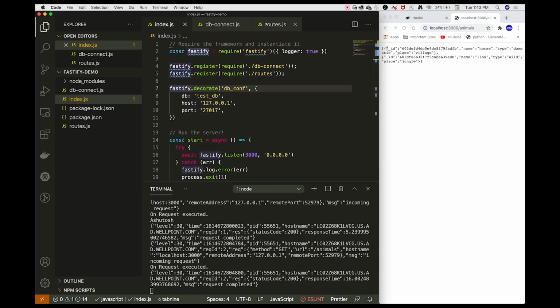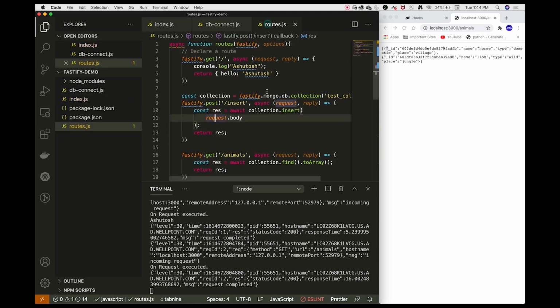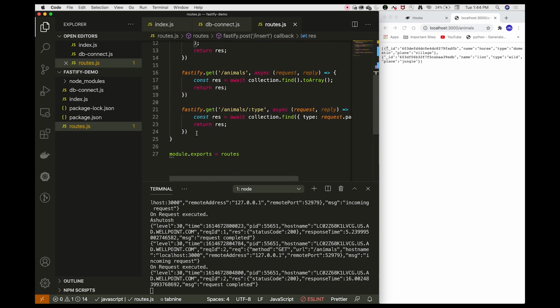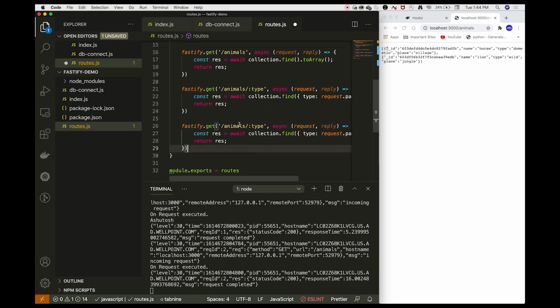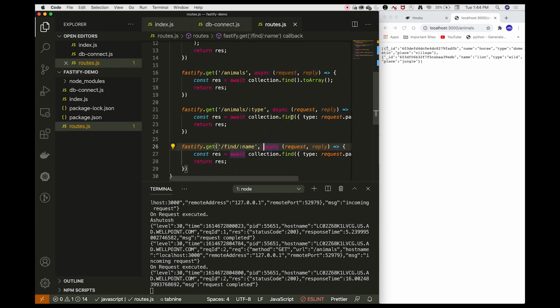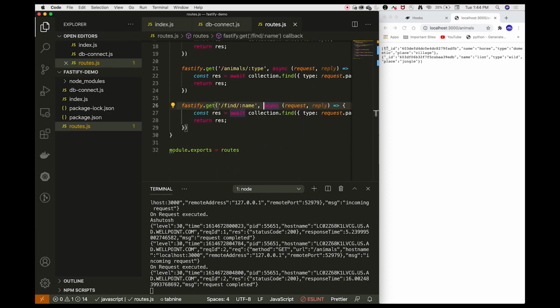Now let us talk about validation and schema. Before that, I'm going to make one more get route which will find the animal based on the name of the animal. Let us say I pass horse, so it will give me the complete document corresponding to horse.